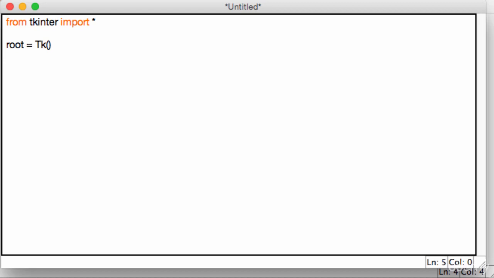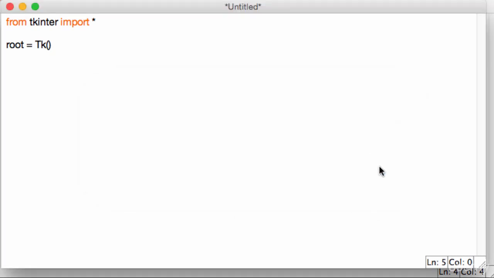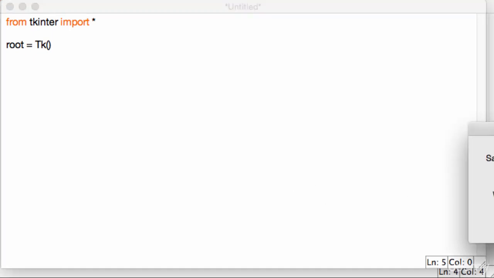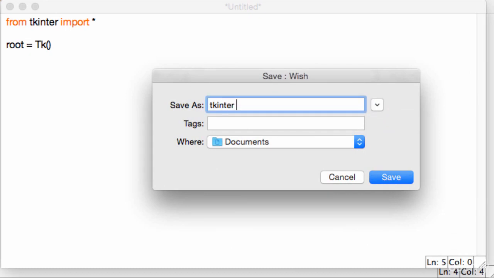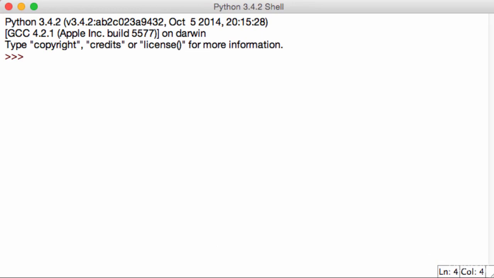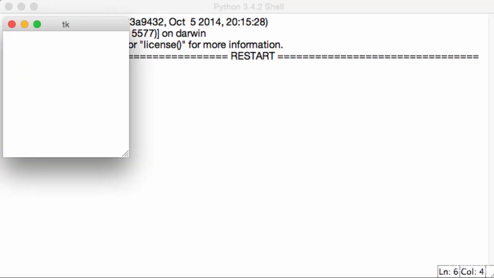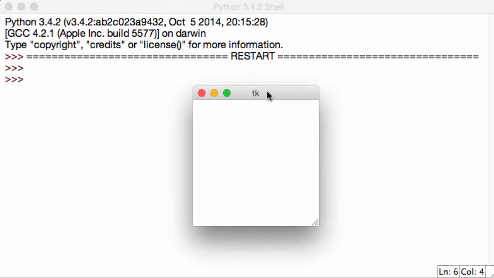Now, the next thing is we have this window and it's fantastic. So let's go ahead and run the program and see what happens. It asks me if the source must be saved. Go ahead and save the program to your liking. Call it Tkinter test, Tkinter 1, section 1, whatever you want. I'll call it Tkinter 1 in documents, hit save. Now that we run it, it goes back over here to your Python launcher. Does something happen? Yes, it does. For me, it's a rocket ship, but that should now load. And if you open it, you now have this very cool looking Tkinter